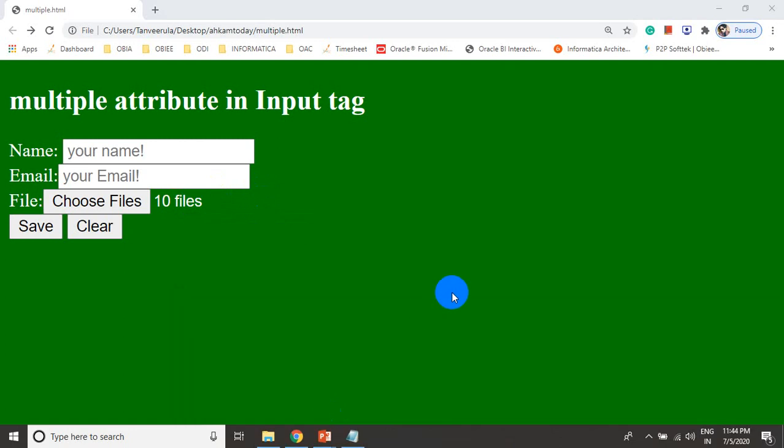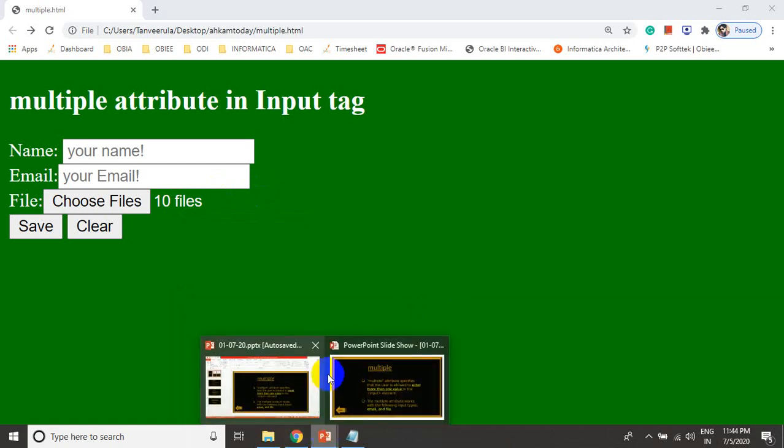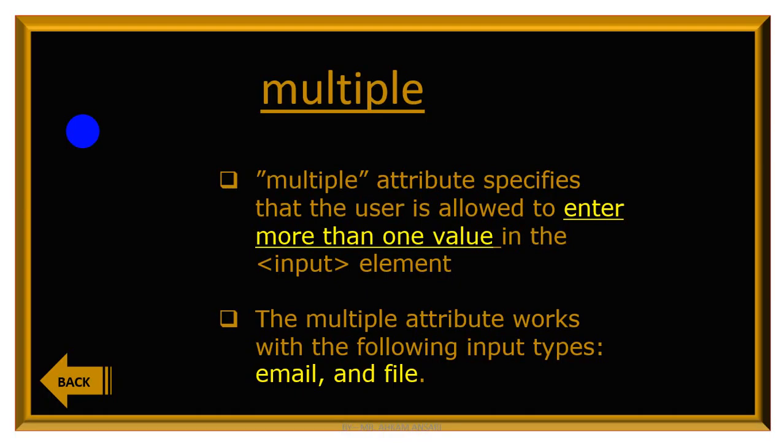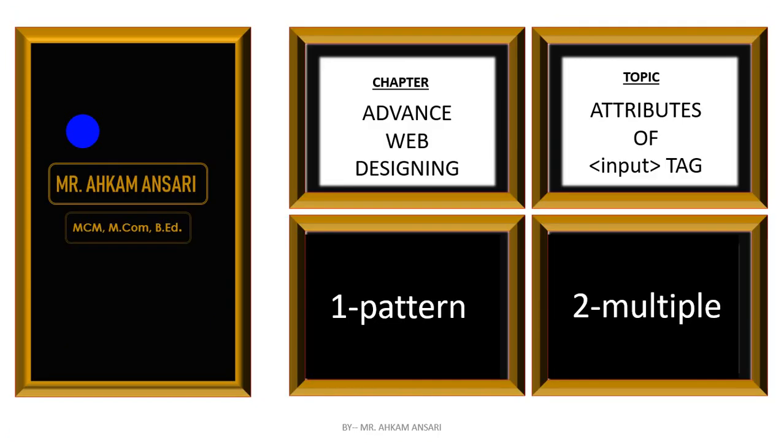So here we have finished our first topic of the first chapter of information technology, that is advanced web designing. In advanced web designing we have completed our first topic, that is the input tag. In the input tag we have seen a number of input types, different attributes, different restriction attributes, and many things we have learned. Students, today we are completing our first topic of